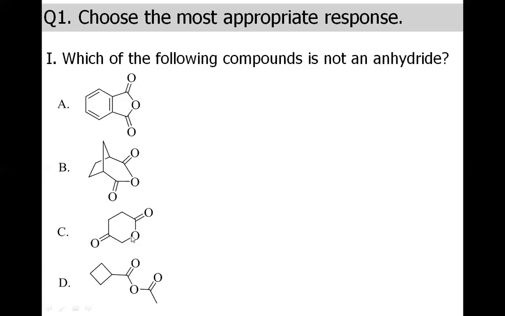However, if you look at compound C, there is a carbonyl oxygen, but there is not carbonyl directly linked to this oxygen, to this second position. Rather, there is a methylene and then the carbonyl. So compound C is not the anhydride. And so this is the answer for this particular question. Let's look at D also. It is also an anhydride because we have the oxygen lying between the two carbonyl.